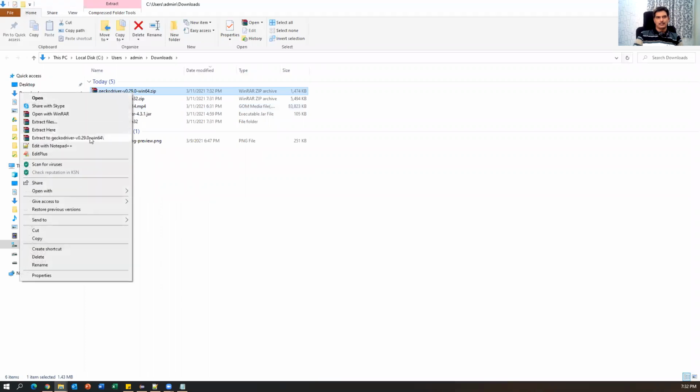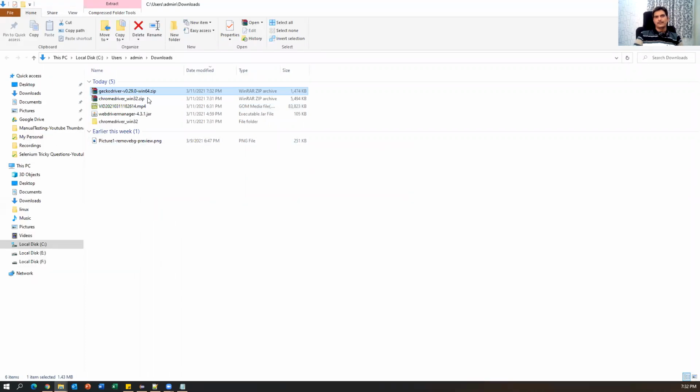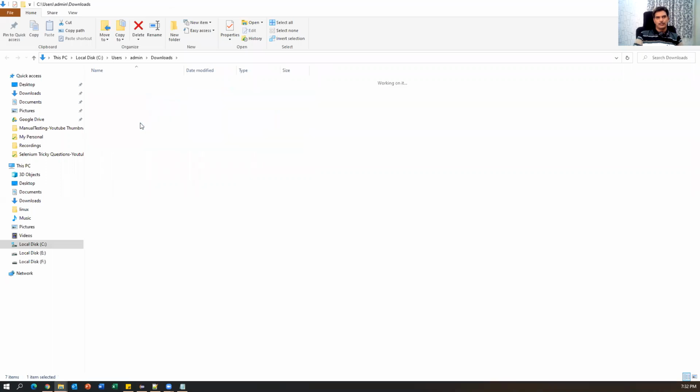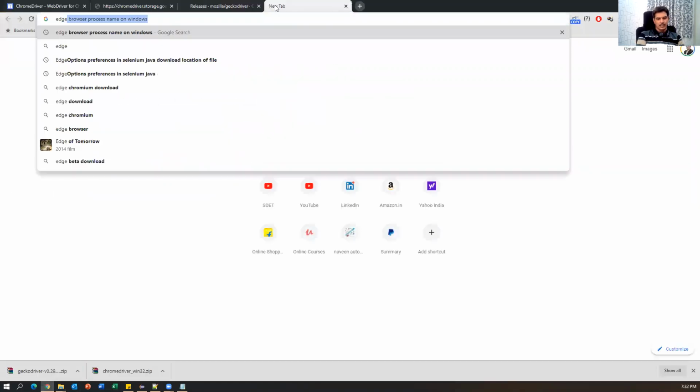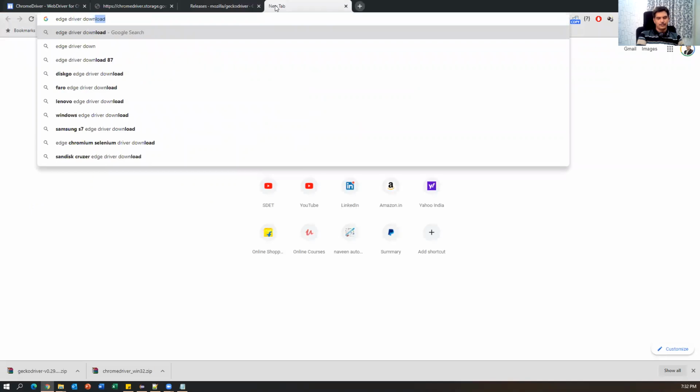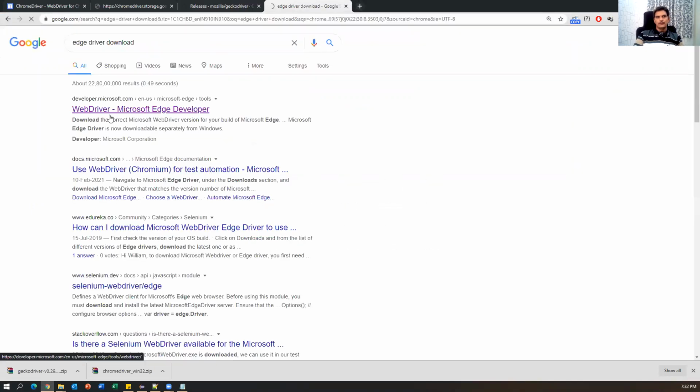So when I extract this, you will get one more executable file. These files we are going to use in our automation script. Similarly, for the Edge browser we can also download. You can just go to Edge driver download, which will go to WebDriver Microsoft Edge developer,